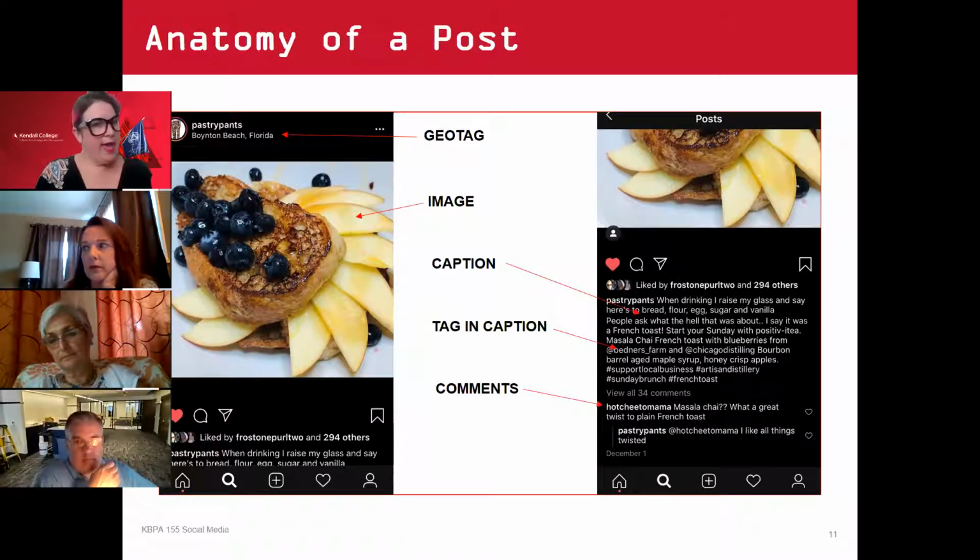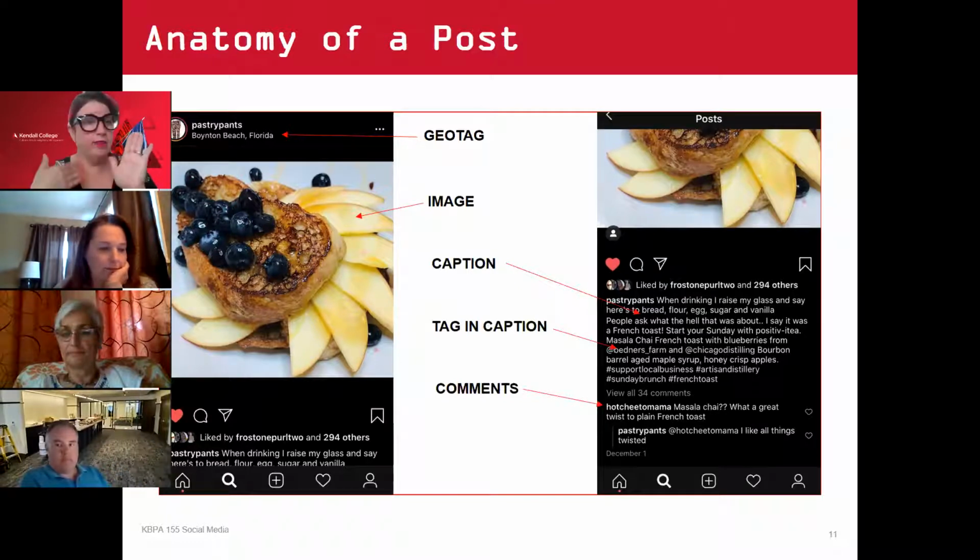Plus, it also ties me to that business, where any one of us could go over and look and see, like, hey, I wonder what other people have posted and shared about this brand or business. Click on the tag and you can see everything everyone's done, everything that they've referenced. So there's another way for people to discover you and find you.